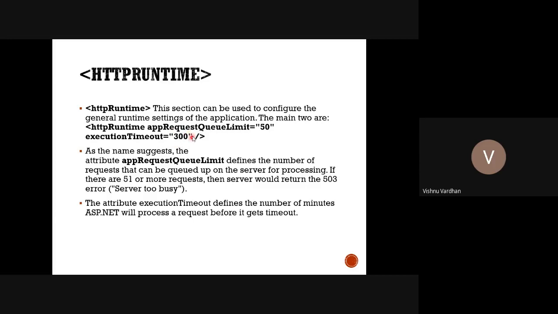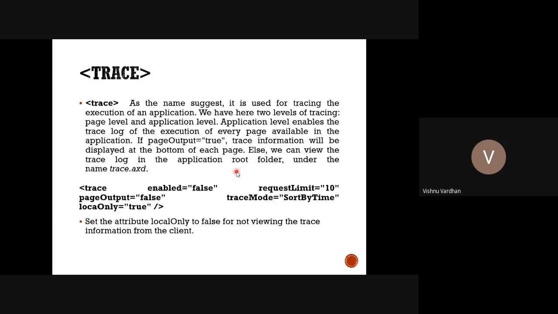So how to instruct that to the web server is by using this particular setting, HTTP runtime. Okay. So in that way, we can tweak our entire settings of how you can change the server processing behavior or some error debugging features and all these things.